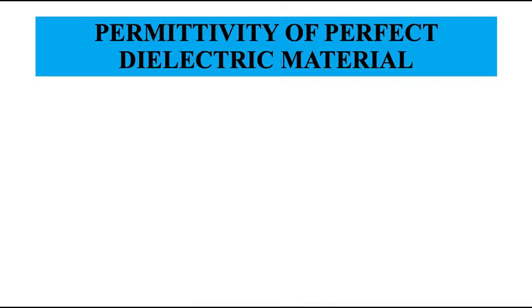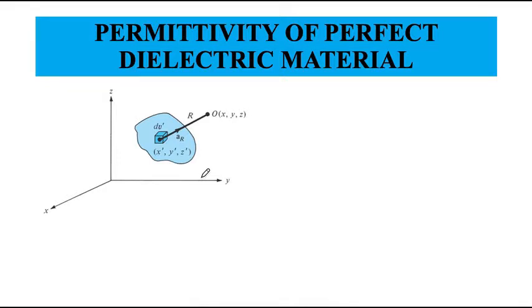Okay, so now let us imagine that we have a dielectric material. This is my dielectric material of arbitrary shape, and inside the dielectric material there are lots of dipoles that are induced because of the applied electric field. Now let us calculate the electric field at some point P0. This is the electric field that I am considering at some point far away from the dielectric material.